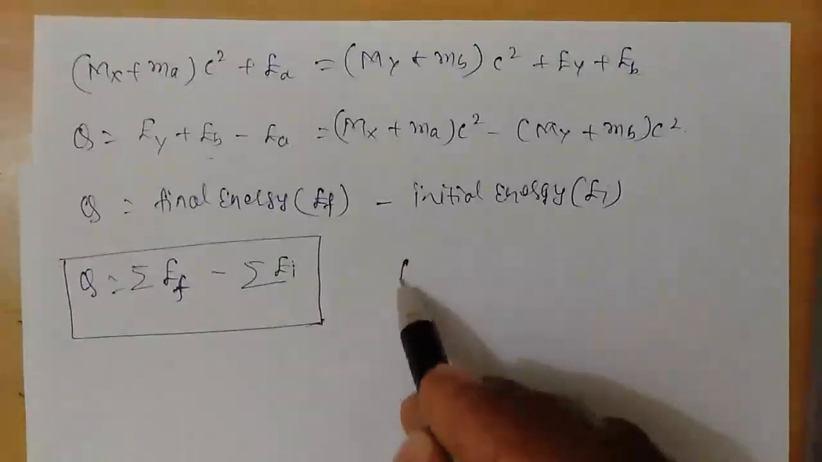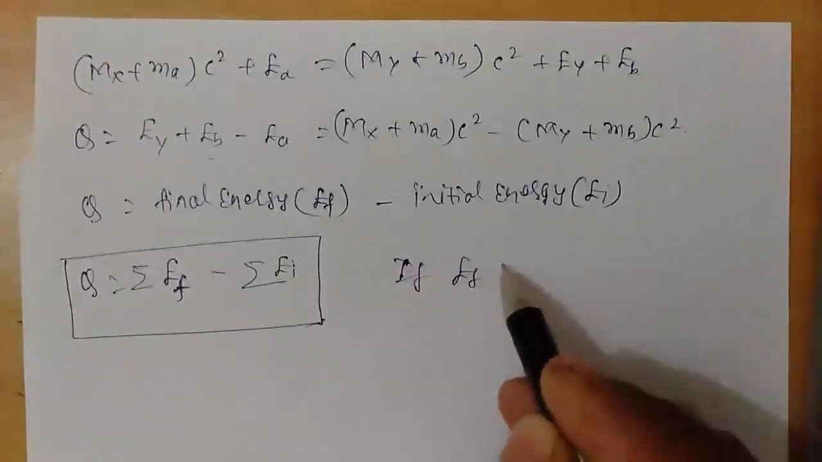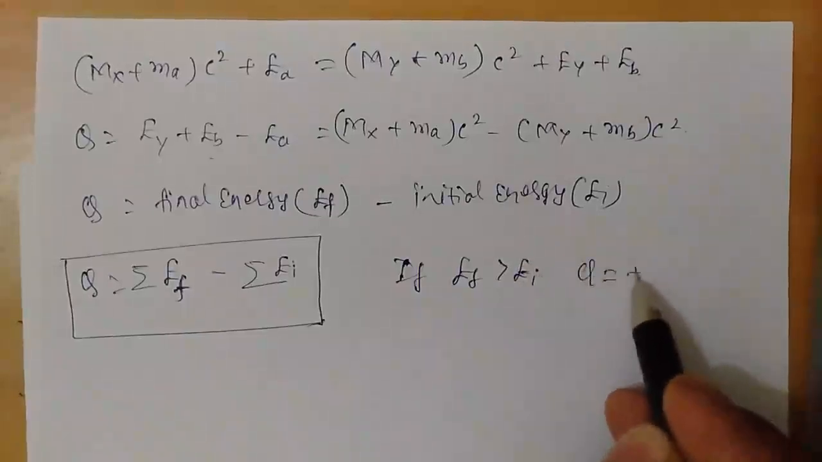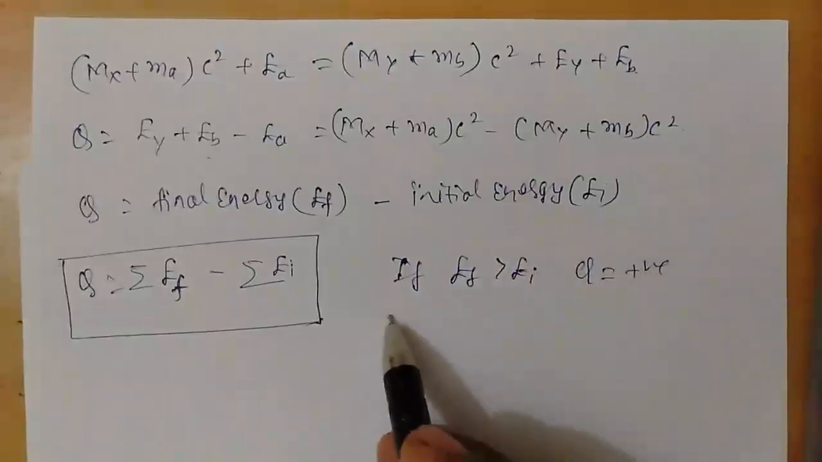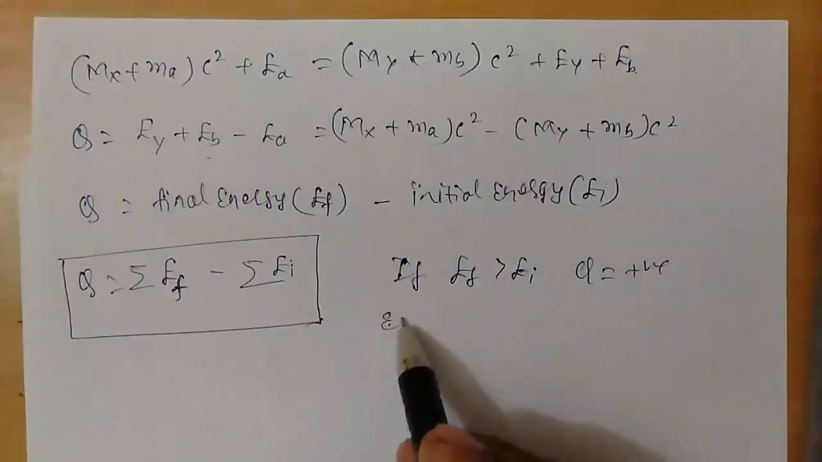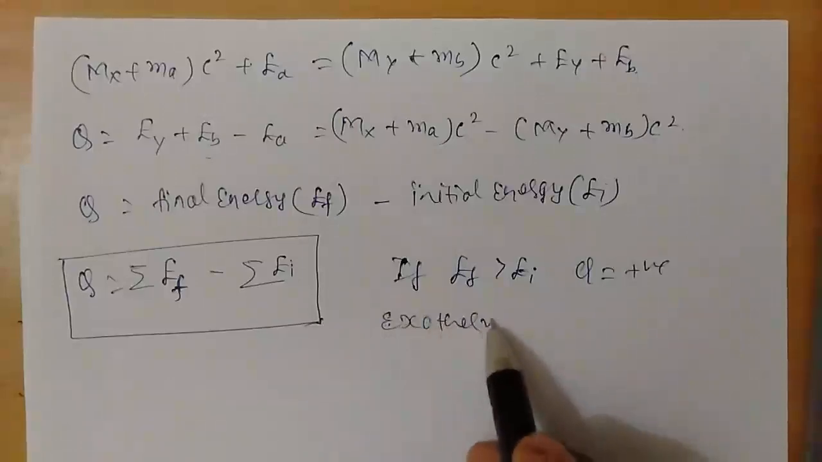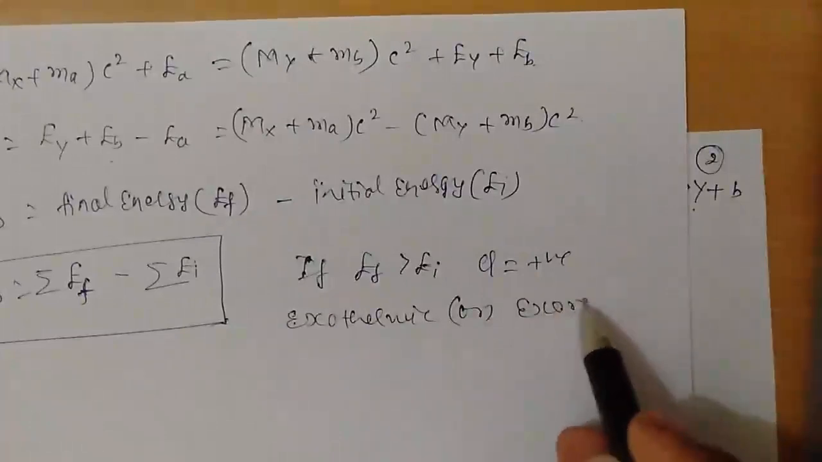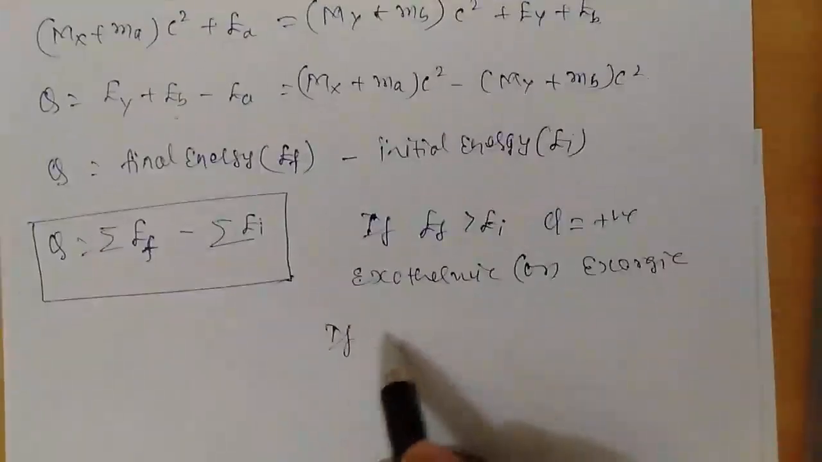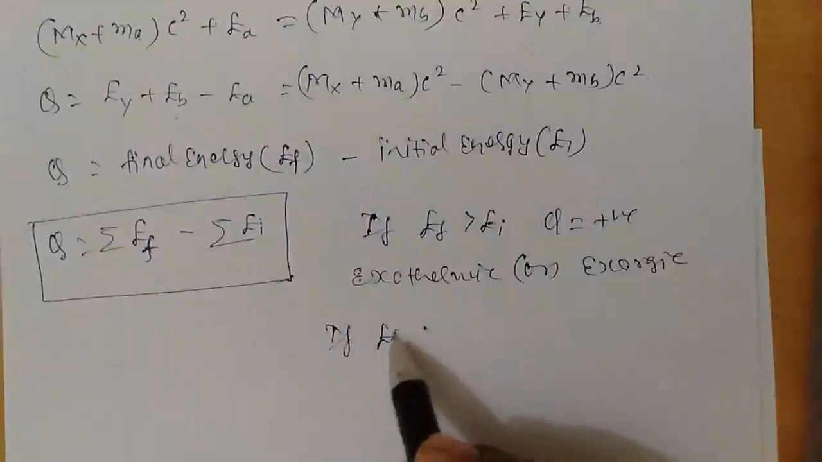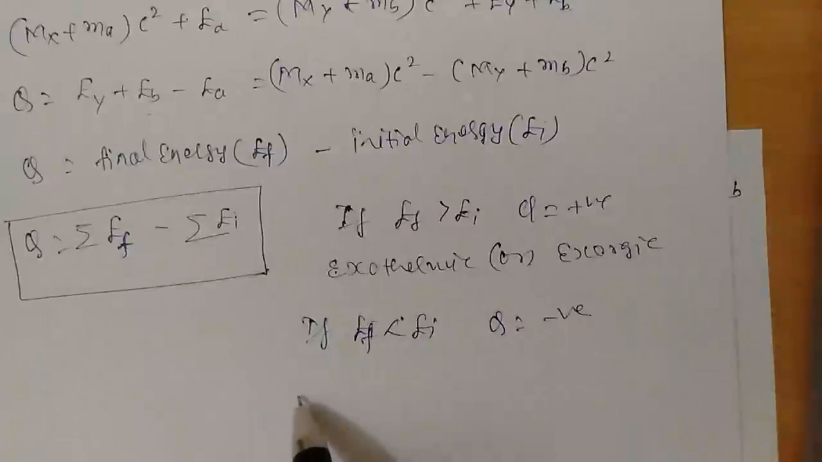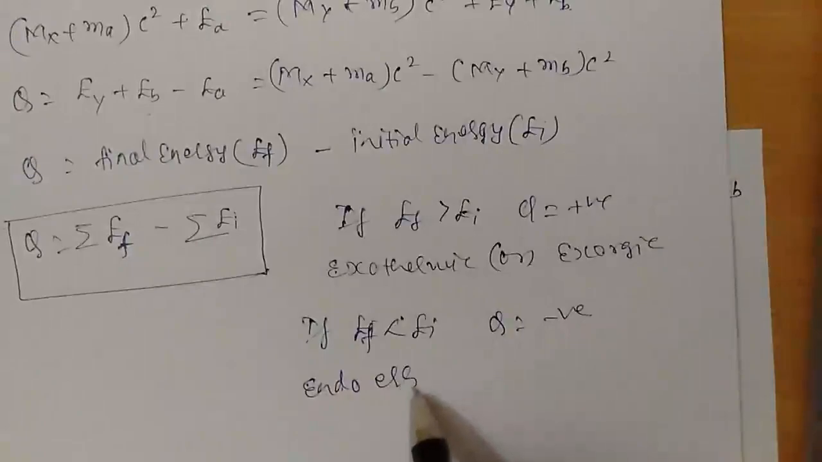Now if Ef, the final energy, is greater than the initial energy, then Q will be positive, and the nuclear reaction will be called exothermic, or exoergic. Now if Ef is less than Ei, then the Q value will definitely be negative, so the reaction will be called endoergic or